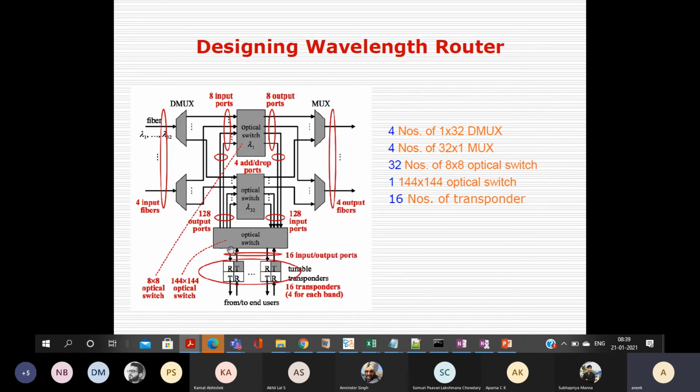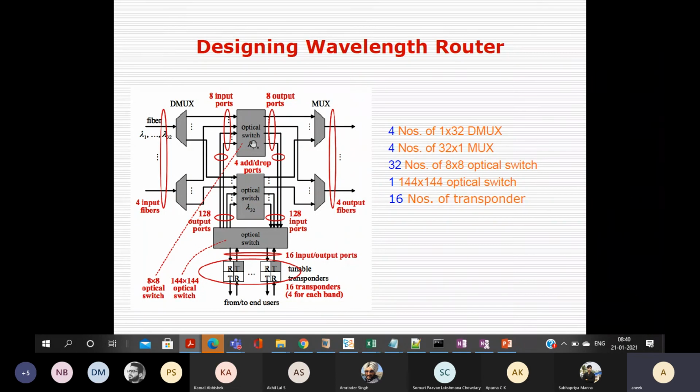Like, I want to generate, let's say, 4 lambda 1. You have 16 transmitters, so 4 transmitters will be tuned to lambda 1. I will change the switch configuration such that these 4 outgoing ports go to the optical switch. And in a different scenario, I want only 1 lambda 1 to be generated. So I will change the optical switch configuration so that only 1 lambda 1 port will be used. The other ports which go to this lambda 1 will not be used,